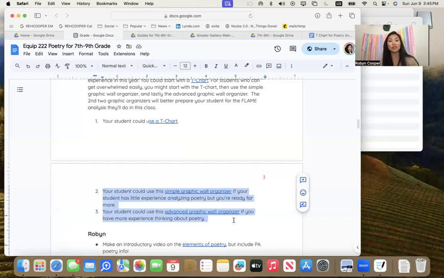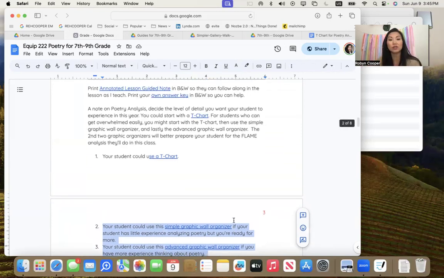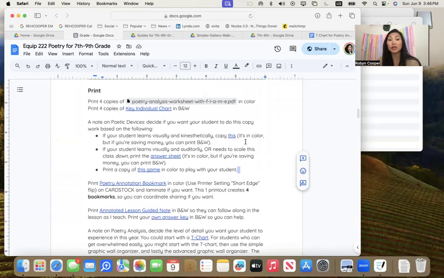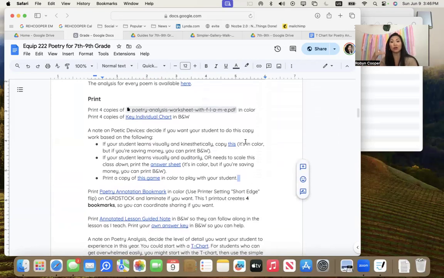So my suggestion is to start with the T-chart, if you need to, but really move on to the graphic wall organizers if you can. That's called scaling, being able to scale a class up or make it simpler for your students.